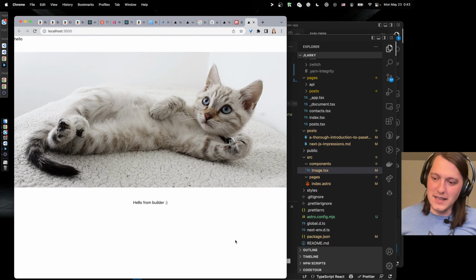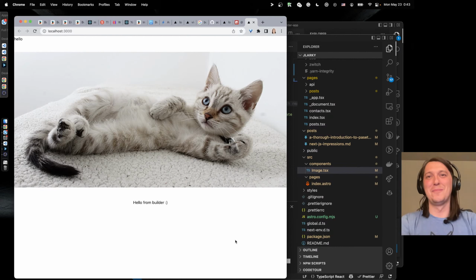Yeah, I was looking at the Astro website. It's open source and you can just git clone it, and it's interesting that a lot of it is just JavaScript, CSS, and HTML.